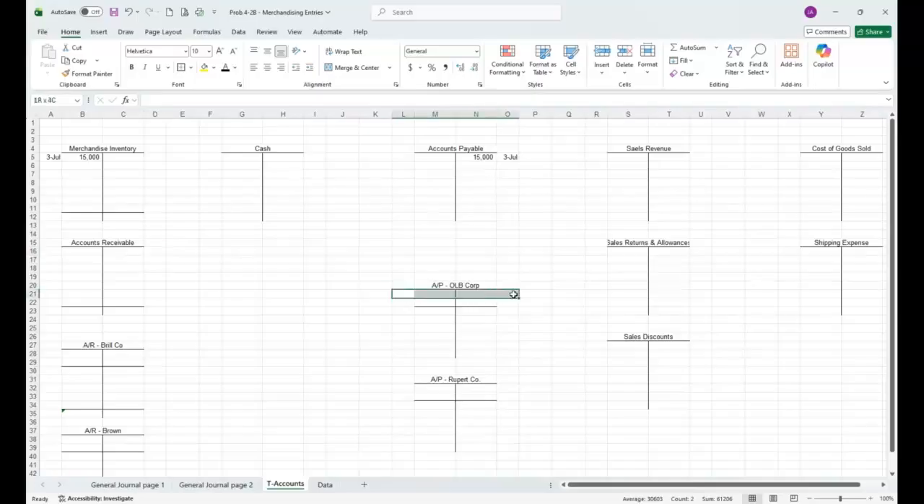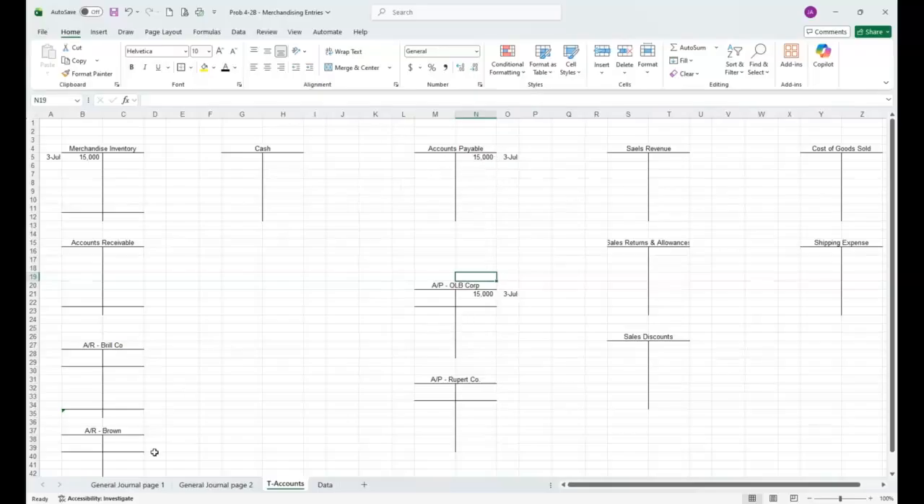We're going to do the same thing in the subsidiary ledger. We're just going to mirror what happens here. This doesn't mean we've entered the credit amount twice. It just means that we're showing it in the subsidiary ledger to OLB Corp as well as into the general